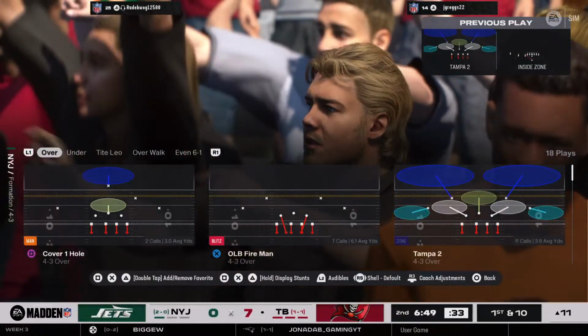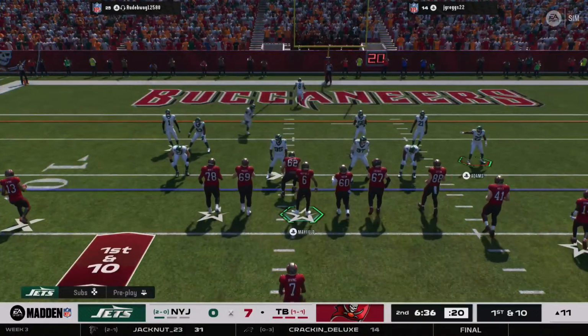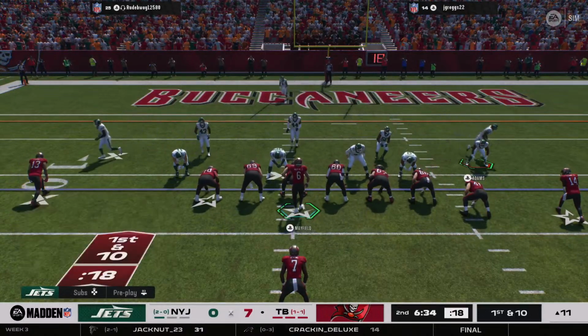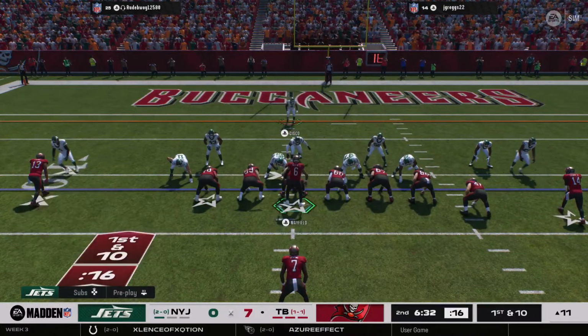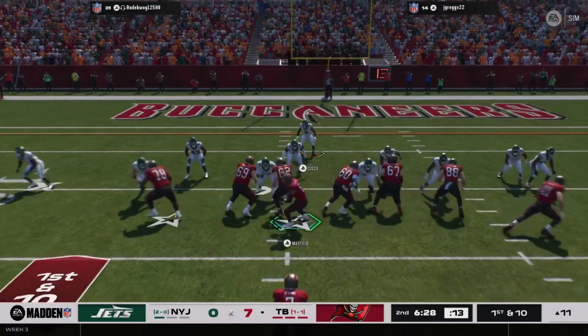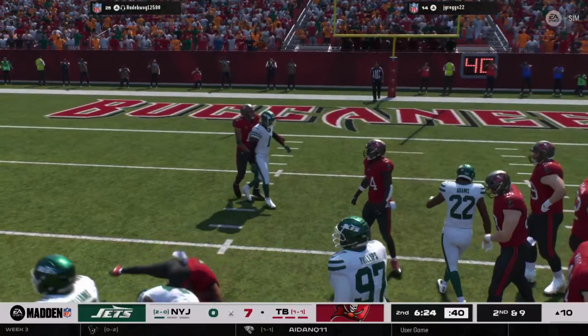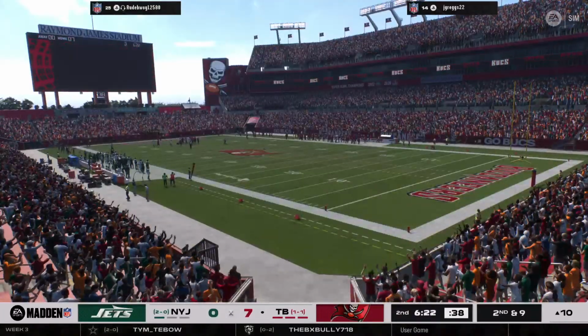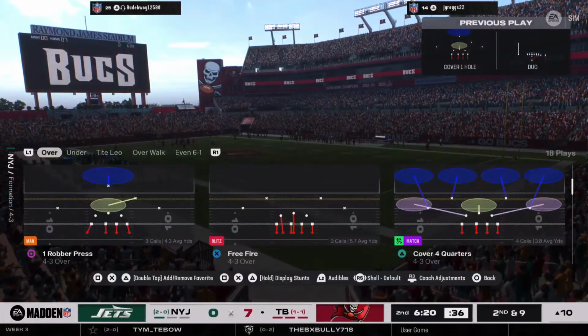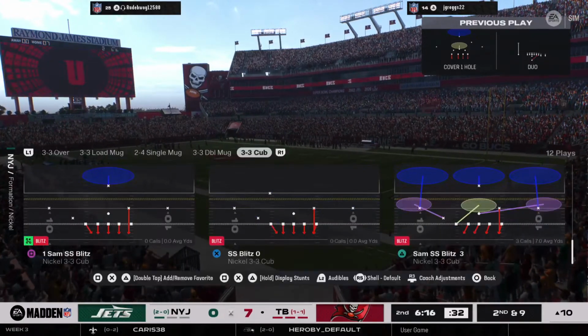It just seems like every time this guy touches the ball, he makes something happen. And not all of his runs are always going to be positive. He's kind of one of those guys that's going to get a 0, a 1, a 2. But it's the home run threat. It's the big plays that really tip the scales in your favor. And when you can generate those big explosive plays on the ground, man, it makes such a big difference for the offense. A gain of a yard. Brings up 2nd and